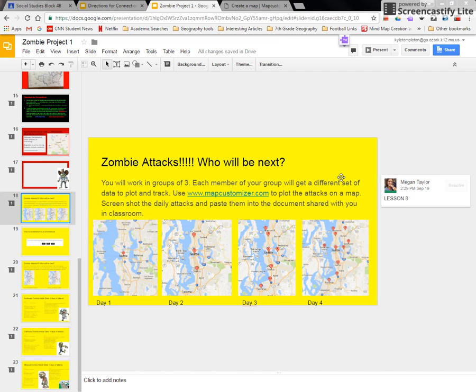Okay, what I want to show you here today is how to plot your zombie attack data on a map. So what you're going to do is create basically 4 days of zombie attack data, and then you're going to make predictions after those 4 days, for days 5 and 6, of where you think the attacks are going to occur next. So in order to make your maps of the attacks from day 1 through day 6,